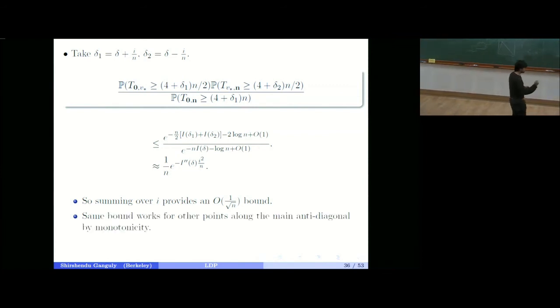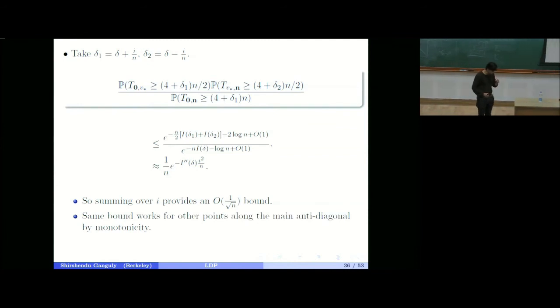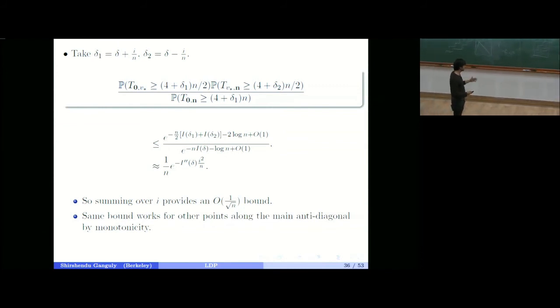Okay, but the point is this only proves that passing through the midpoint is like 1/√n. But you want to show that that bound holds for every point. Only then can you deduce a lower bound. And so here something slightly general works, which is not very specific to this model, which is that this is monotone. The length of the polymer passing through the origin stochastically dominates